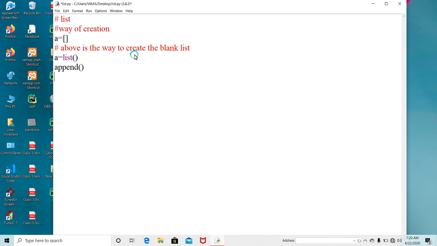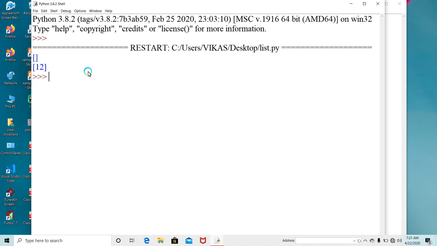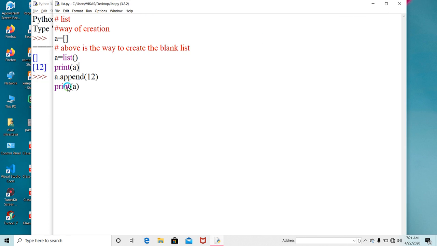If we want to add an item to the list, we write the name of the list, a dot append. If we have to enter integer values, now print A. Before appending I am printing the value of A, and after appending I am printing it again. Look here, firstly it is blank. Now it has the value 12.